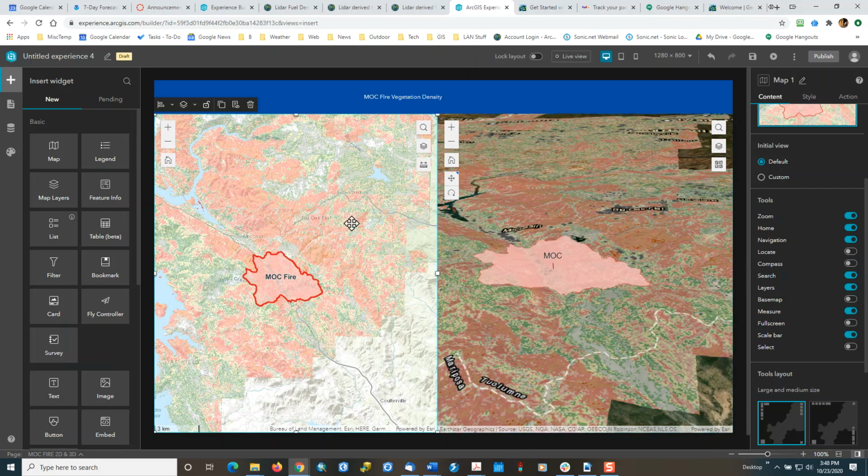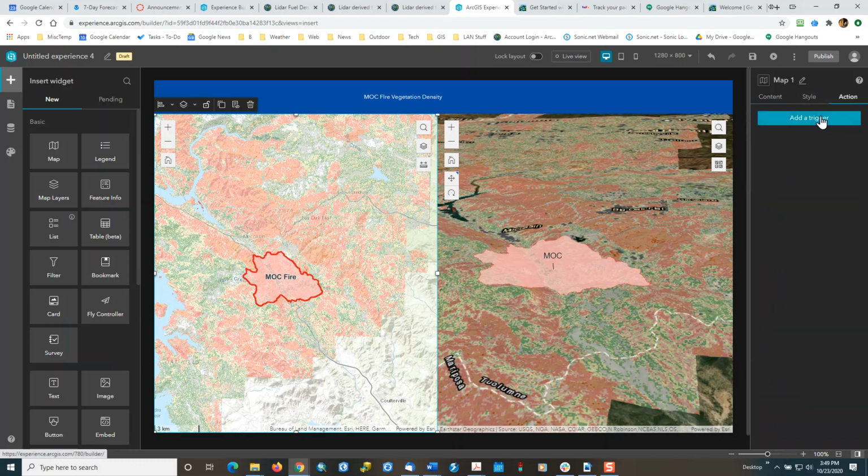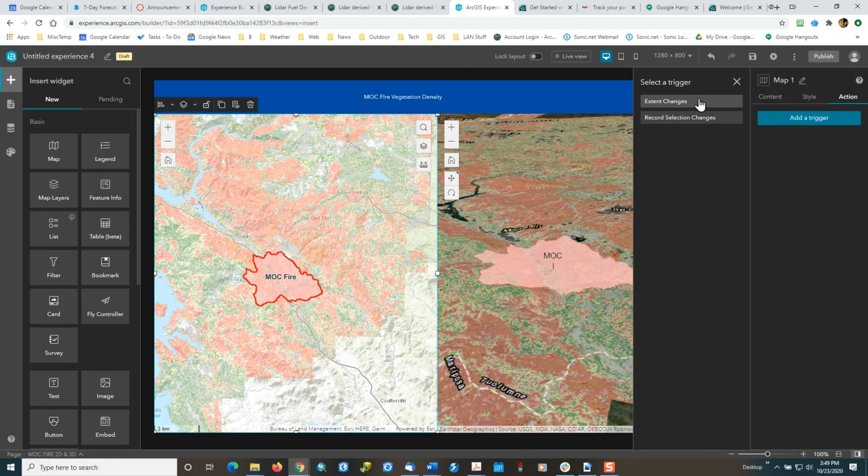Okay, so now we're going to go through the same process where we'll create an action that will focus the 3D map depending on how we locate the 2D map, and then we'll also reverse it. You can do both at the same time. So from the 2D map, with it highlighted here, selected, go to Action, Add Trigger, Extent Change,